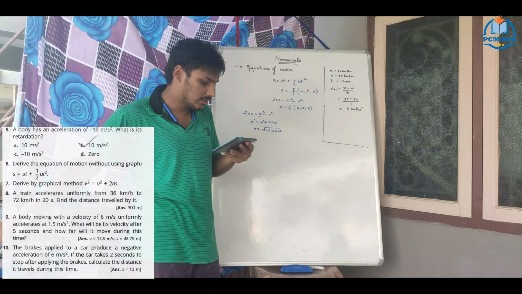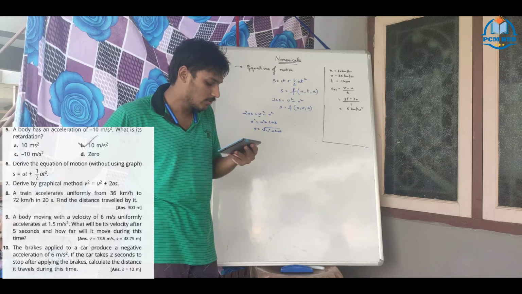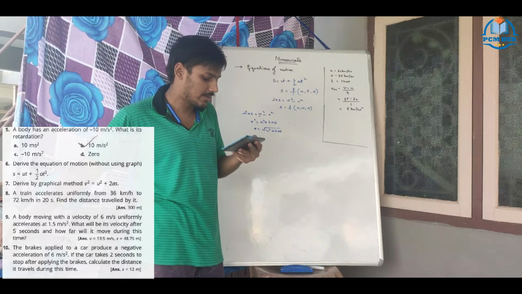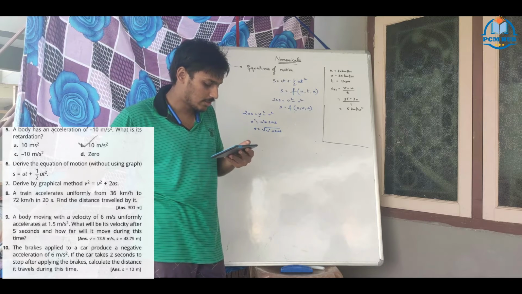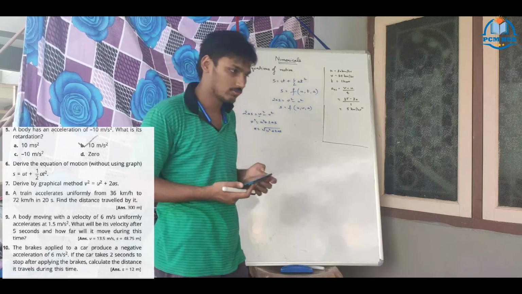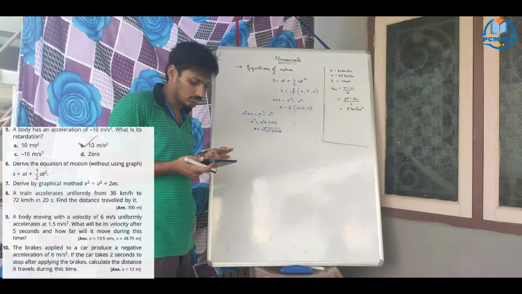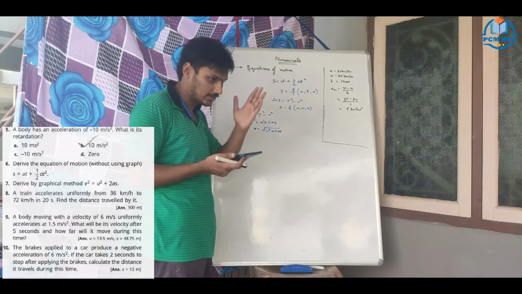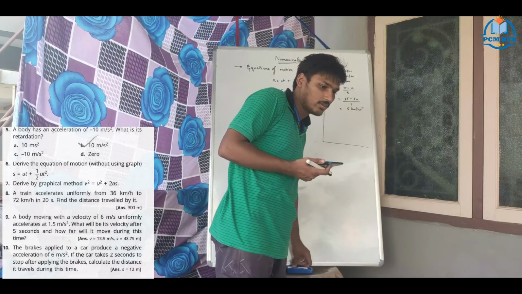So our task now is to do the numericals. We'll start with worksheet questions 8, 9, 10. Then we'll go for home assignment 5, 6, 7, 8, 9, 10, 11, 12, 13, 14. So in total we'll have 14 questions. Let us start. Sharon, first question, 8th question, you take it.